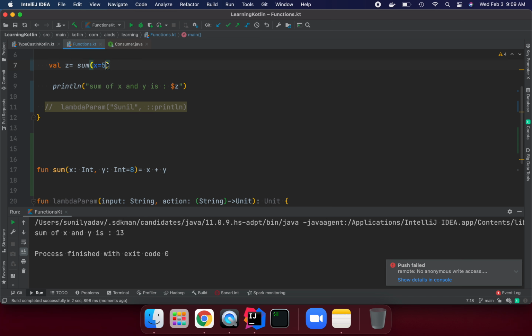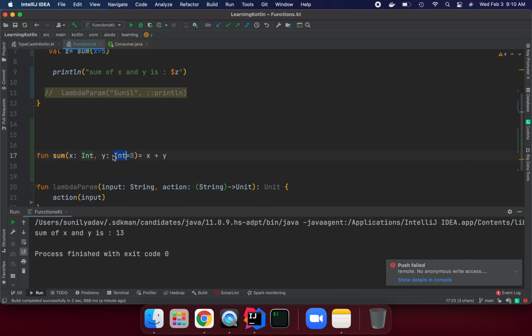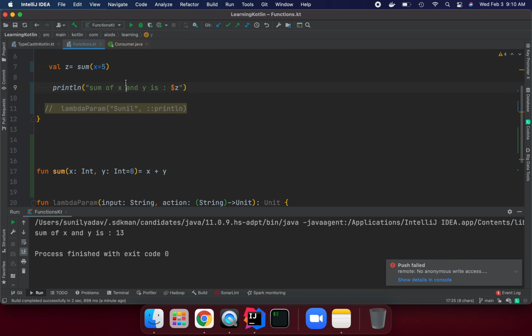Suppose I have 10 parameters and I have initialized some parameters here, they take the default value if I'm not passing those parameter values. So it helps, right? We can now just consider those values that we need to pass in some scenarios. So that's really helpful. These two features I wanted to cover in this session: how we can use expression functions this way, as well as how we can pass the optional parameters. If we initialize some value for the parameters, we don't need to pass the value, we can omit it. Okay.